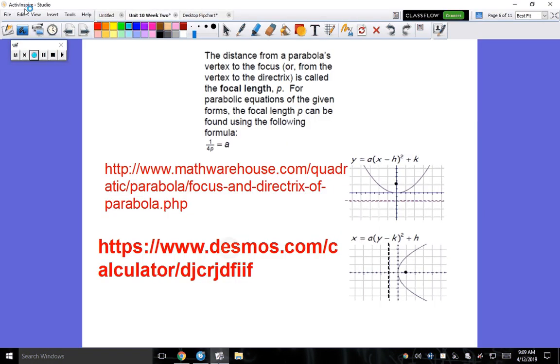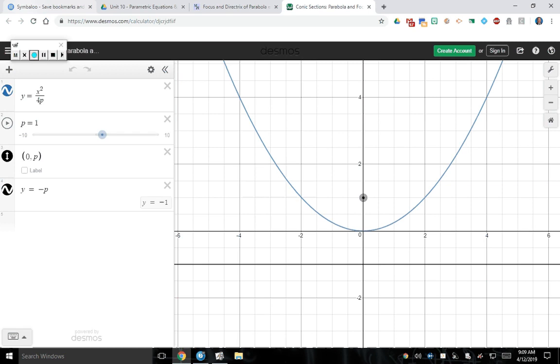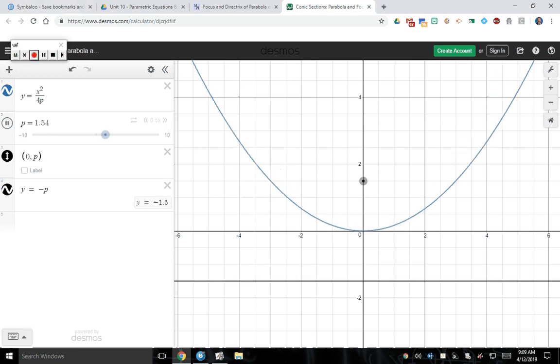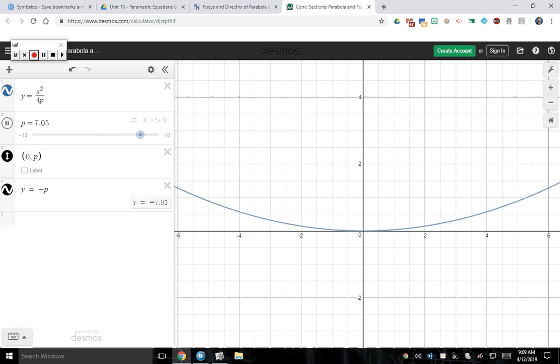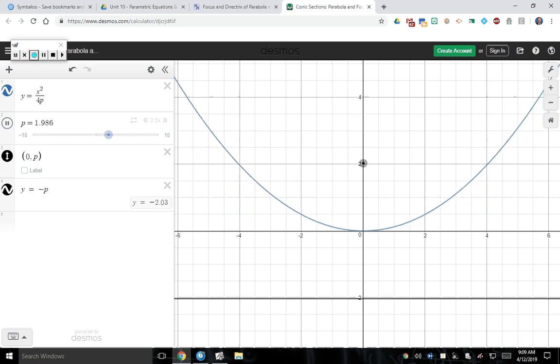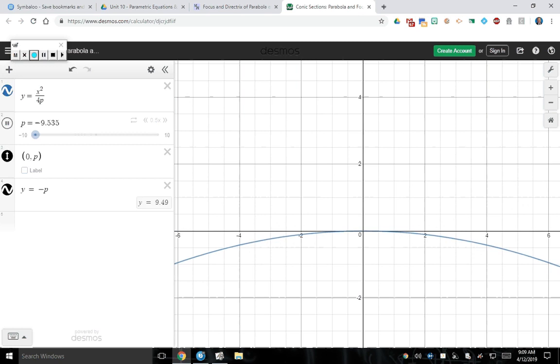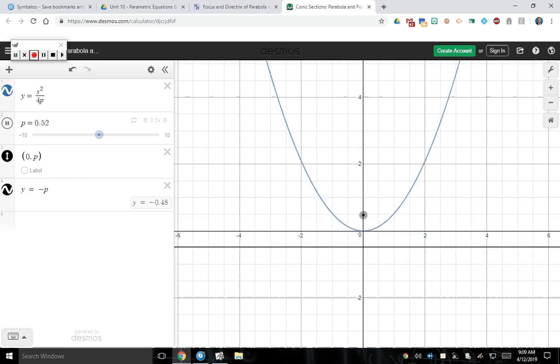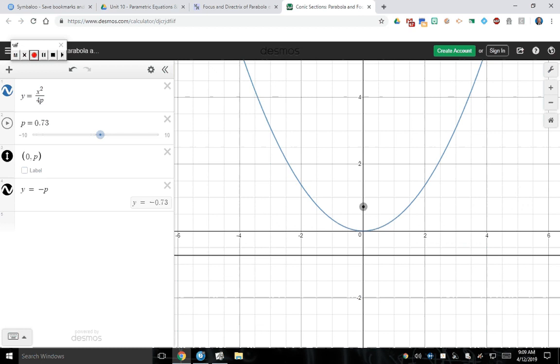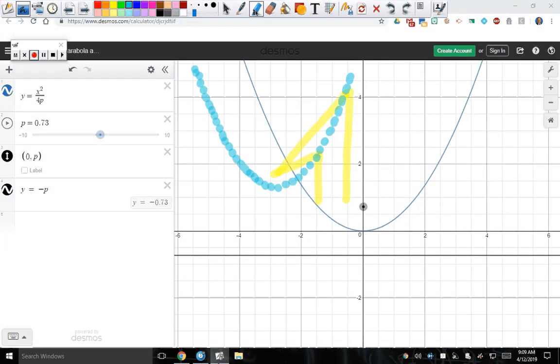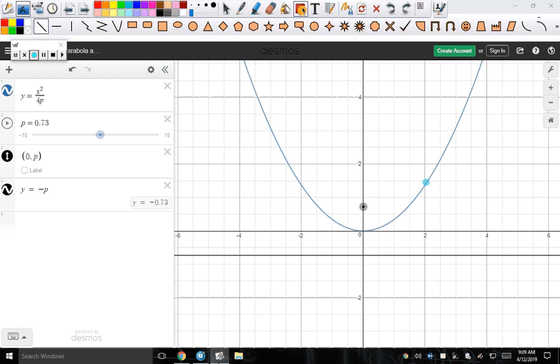Okay. And then finally we have this Desmos. And this Desmos is pretty cool actually, because you can see how you can play through, and the focus will change this parabola depending on how far it is from the actual parabola. For instance, and you see the negative flip there, the same thing. Let's say that we stop the focal point about here. What we're saying is that this locus of points, let's pick a point here. We could say that the distance,